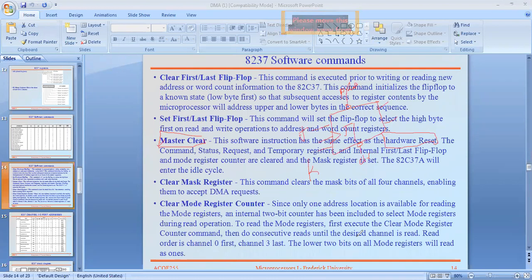This clear mode register counter command does consecutive reads until the desired channel is read, among the 4 channels, for which channel the required data is available. Until that data is reached, they execute the same command.